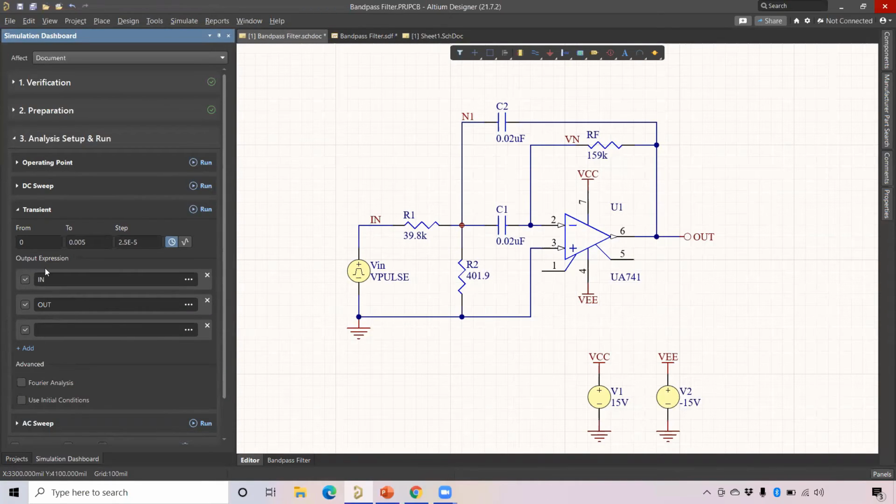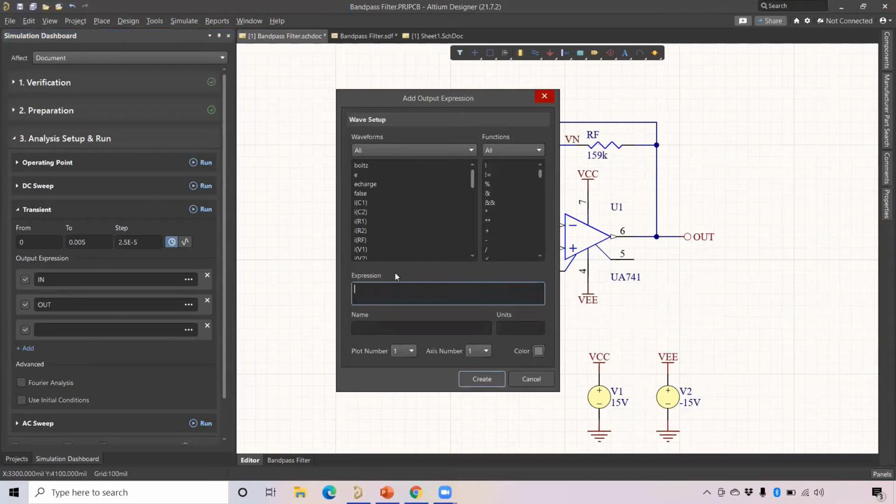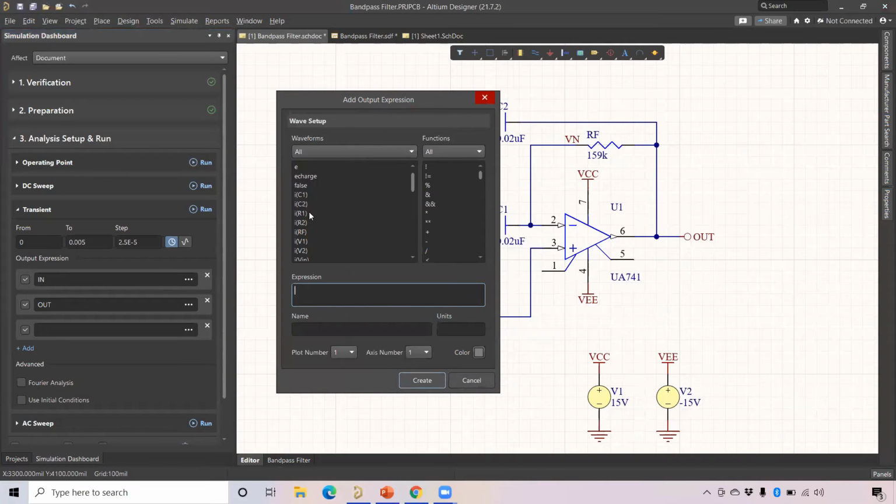So I can just go for input, output, as well as you can give any expressions. If you want to calculate any expressions, you can go here. Go here, you can go for waveforms. What waveforms you want to see at the output. You can see all the currents and then voltage points here to measure: I at C1, C2, R1, I at V1, all these you can see the waveforms. Voltage, all this. Then what function you want to calculate, you can choose the function, like absolute function, and all the different functions you want to calculate, you can also select the functions to calculate it.